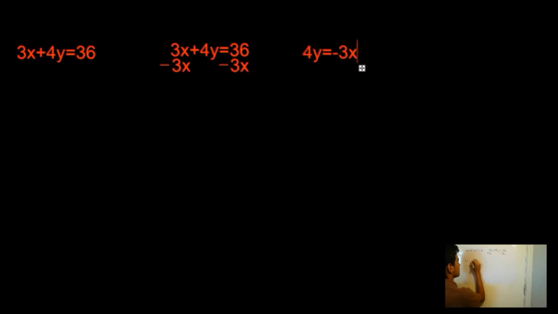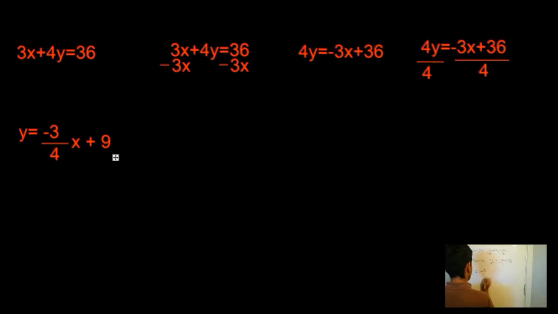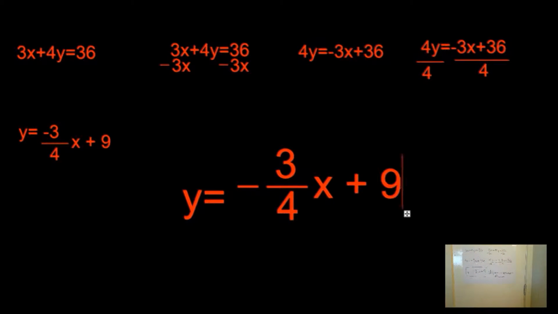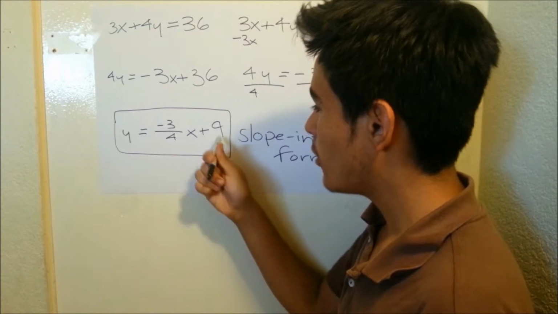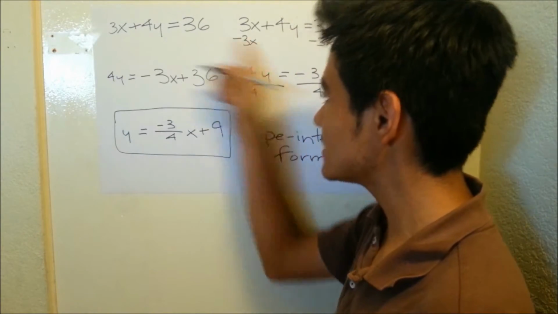So we start off with this equation that I made: 3x plus 4y equals 36. You subtract 3x to isolate 4y. Then you divide by 4 on both sides. And we managed to get y equals negative 3/4 x plus 9, which is the answer. This answer would make you put 9 on the y-axis and then use the slope, and this process is obviously